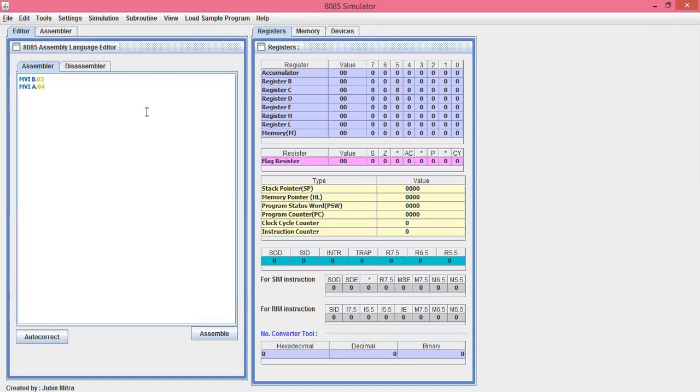Now we are going to add these numbers. ADD B. ADD B इसलिए क्योंकि अगर हम accumulator के अलावा directly दो registers, suppose B या C लेते, then we have to write B, C. But here we are using the accumulator for storing one value, and the result will be stored in the accumulator. That's why we write simple ADD B.